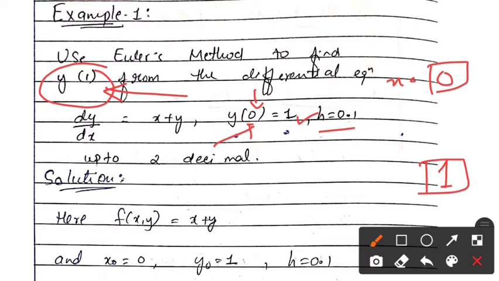That is, your first step will be x0, y0 you are having. Okay, so you have to take intervals in this way: 0, 0.1, 0.2, add h, 0.2 plus 0.1, 0.3. In this way 0.4, 0.5, 0.6, 0.7, 0.8 and 0.9, and the last one is 1. Okay, so there will be almost 9 to 10 steps to solve this example, right?